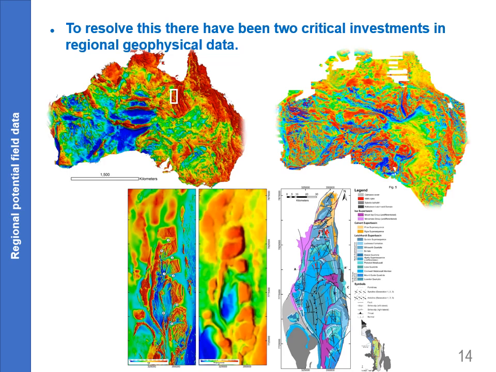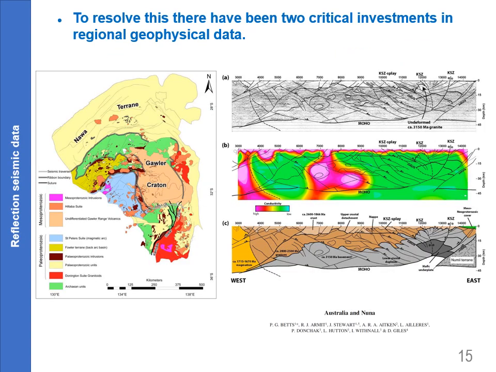And of course, when you view this data set as presented here, you can see a series of significant crustal elements related to the continent, but of course you can zoom in into a specific area and pick out scales of structures that are significantly more detailed and higher resolution, that tell you about the specific evolution of the Australian continent. The other data set is the collection of regional seismic reflection profiles